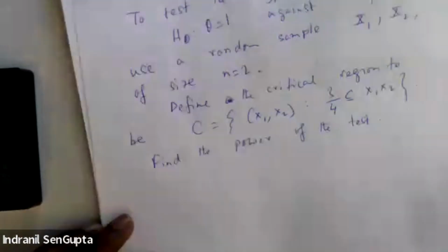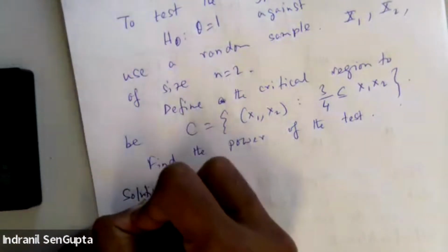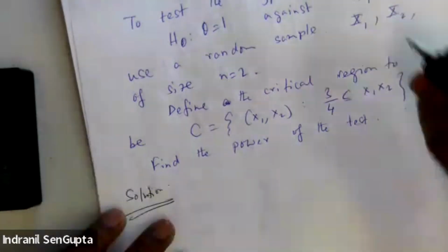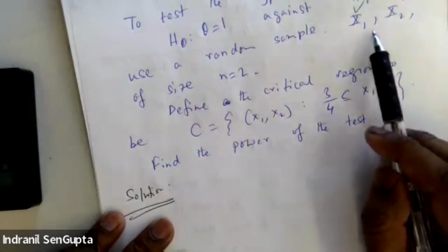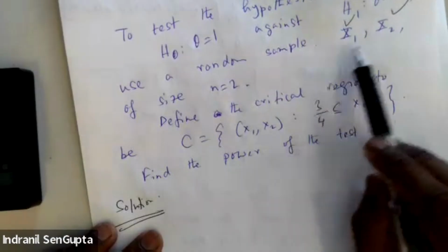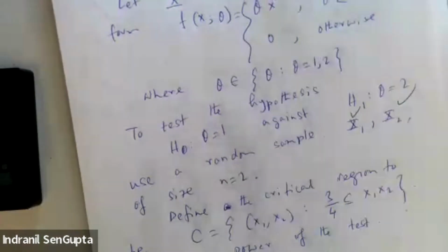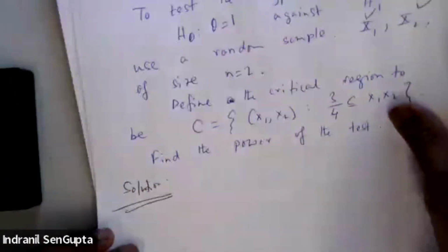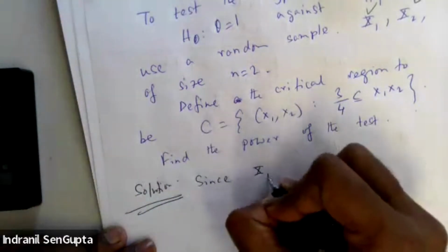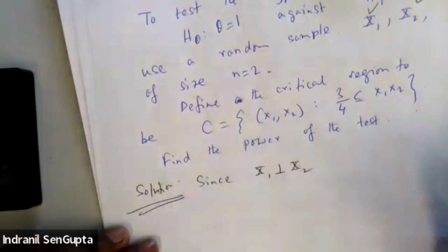So let's do that. So here's the solution. We are given that this x1 and x2 are sampled, right? So by definition, x1 and x2 are independent and they are taking values from this distribution. Okay. So let's see. Since x1 and x2 are independent, being the sample,